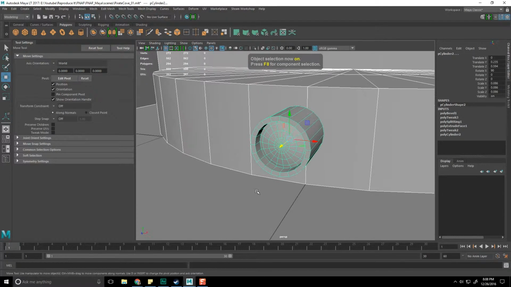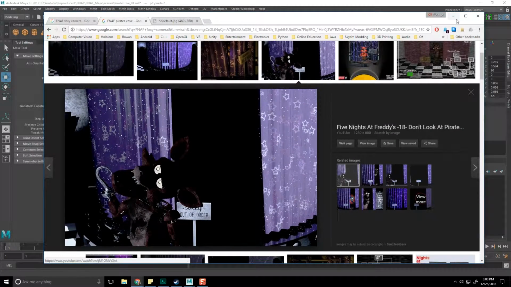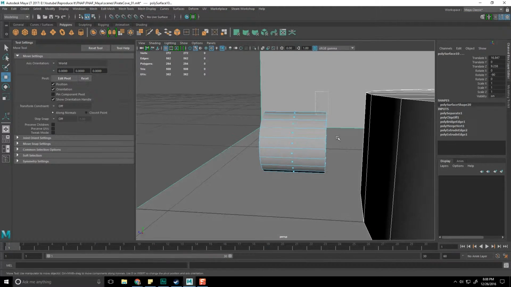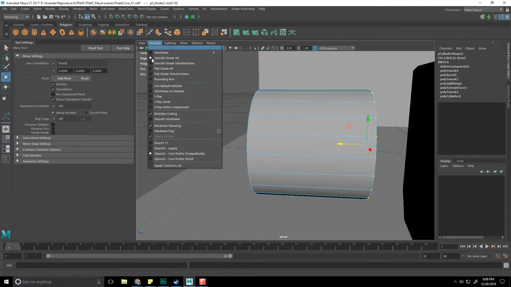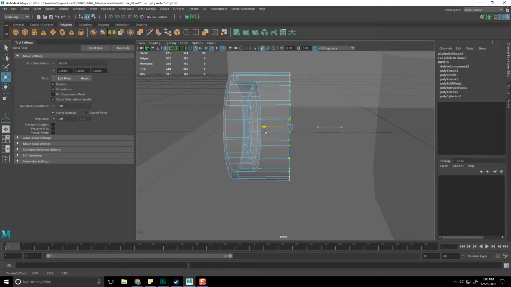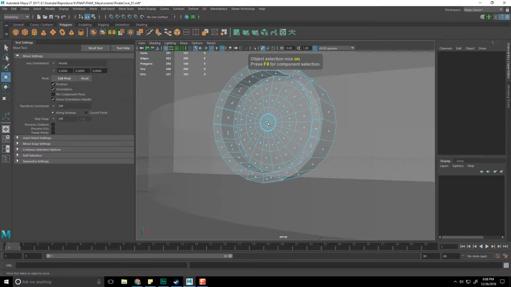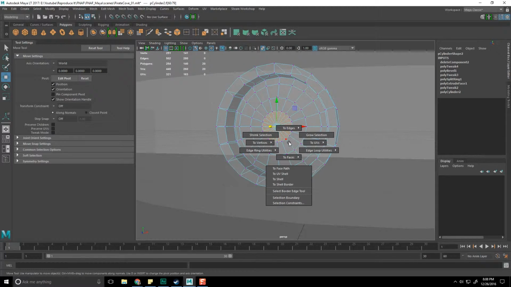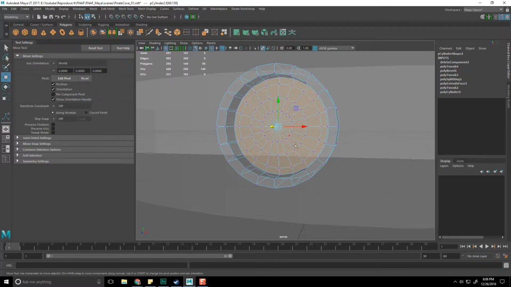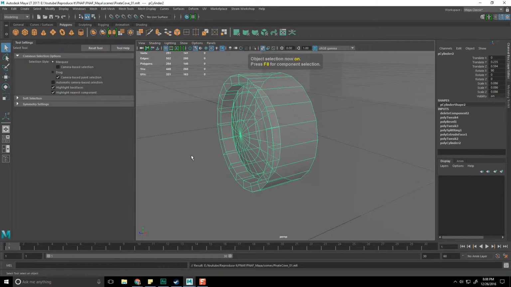So there's our light, and going back to the reference, I don't think it's indented that far, and these are not nearly as thick as shown here. So let's delete the back elements, right click this, click on this, right click vertex mode, let's go to shading X-ray mode, and bring this up somewhere around there. And I am probably going to right click, go to face mode, grab this ring, and let's just do a control right click, grow selection, G, good, and I'm going to pull all these elements forward, F8 twice, save, W,